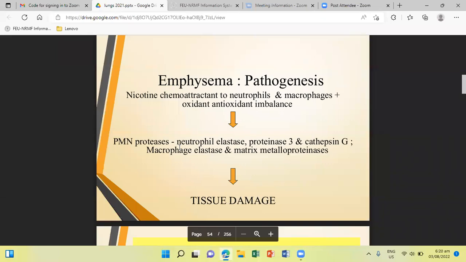Now, as I have said, the protease or the elastase predominates. Why? The substances in the tobacco smoke, alveolar damage, will cause the inflammatory cells to produce oxidants, which then leads to tissue damage and inflammation. The role of oxidants is actually supported by a mouse model in which the NRF2 gene is inactivated.